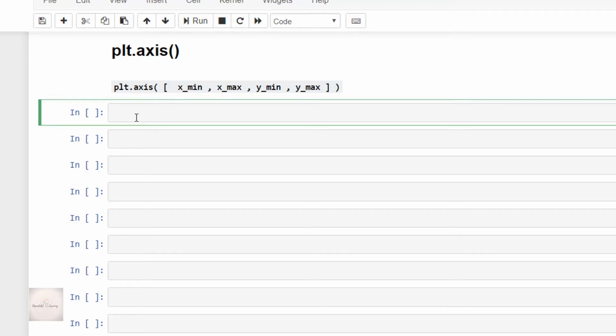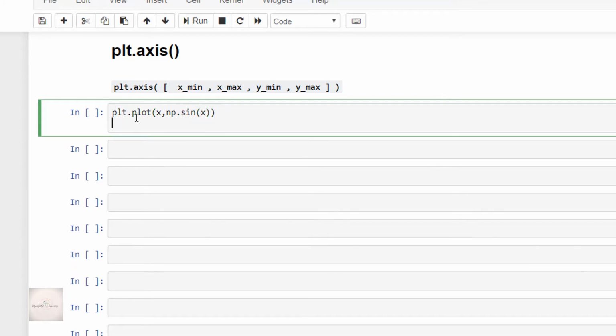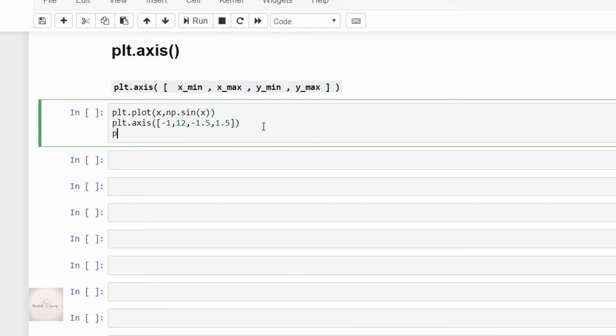It starts with plt.plot of x comma np.sin of x, and then plt.axis of -1 comma 12 comma -1.5 comma 1.5, and then plt.show. Here -1 is xmin, 12 is xmax, -1.5 is ymin, and 1.5 is ymax.